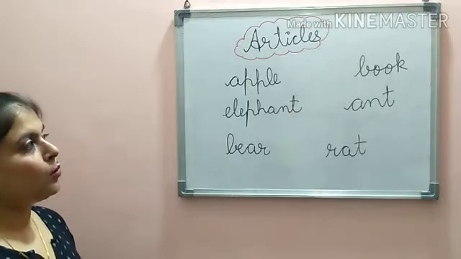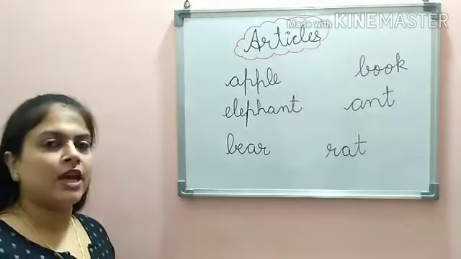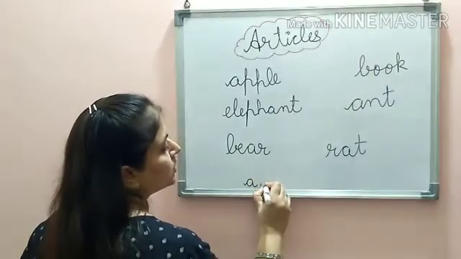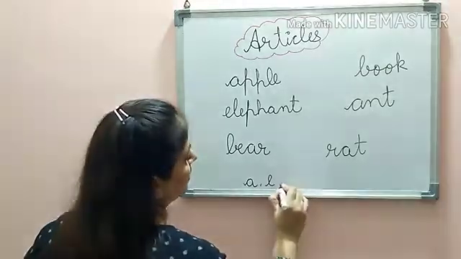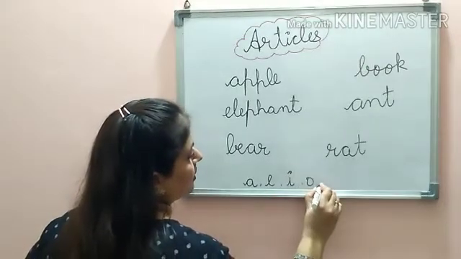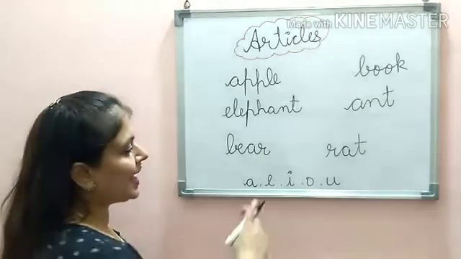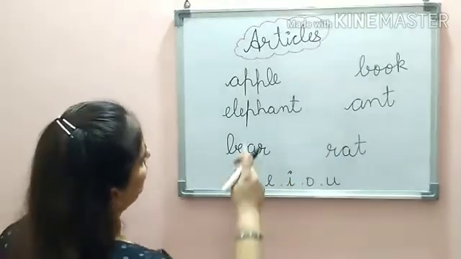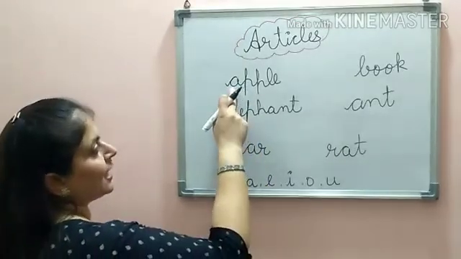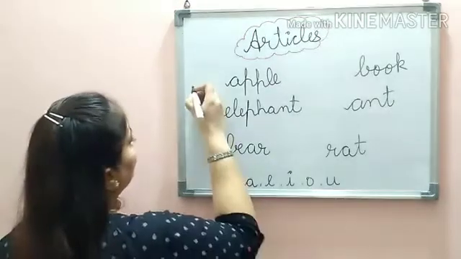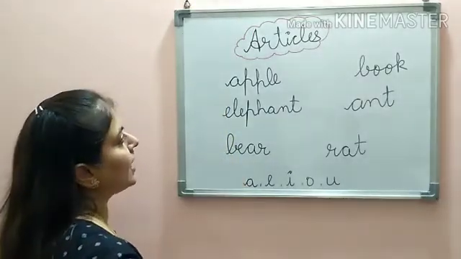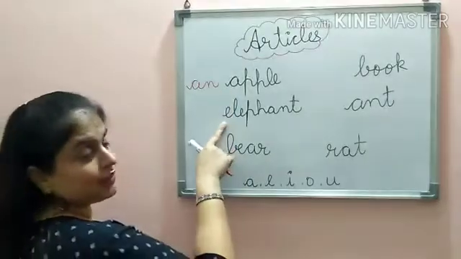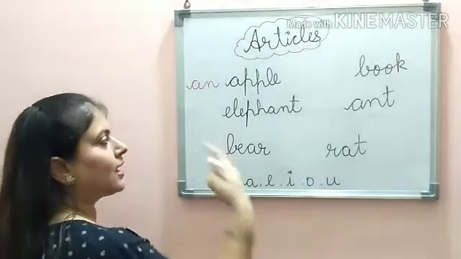Now let us see where we have to use A and where we have to use an. First, let me write down the vowels for you so that it becomes easier for you. Now I told you with A, E, I, O, U we have to write an and rest we have to write A. So apple, it starts with A. A is a vowel. So we have to write an. We have to write here an. Elephant. Elephant, E. E is a vowel. Again we have to write